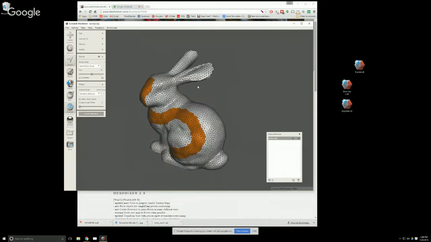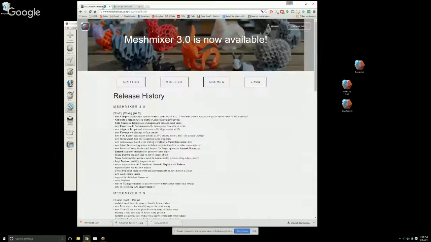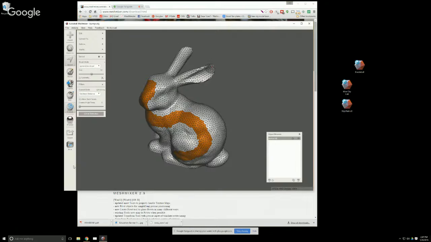So first, let me talk about what it says in here. New unwrap tool flattens surface patches. And then this asks you to try it with unwrap. New SVG export can export meshes as SVG. Right? So if we go here to unwrap,